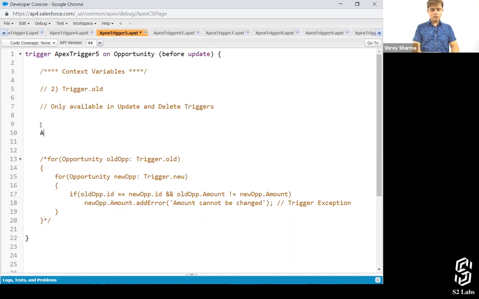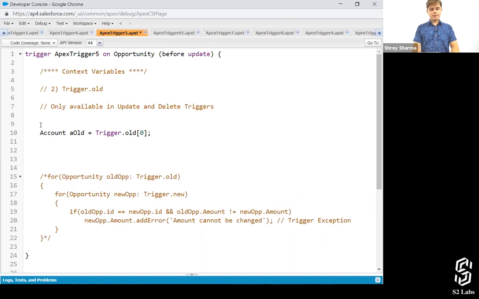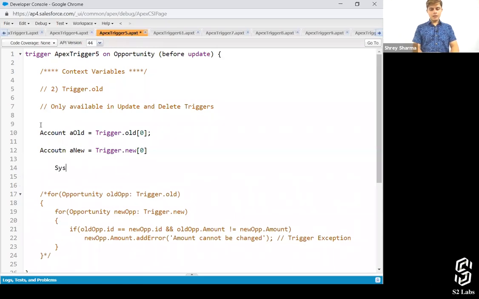So let's do this. Account A old, I'm going to get from trigger.old[0]. Then comes account A new, I'm going to get from trigger.new[0]. And let's write it down in the debug statement.